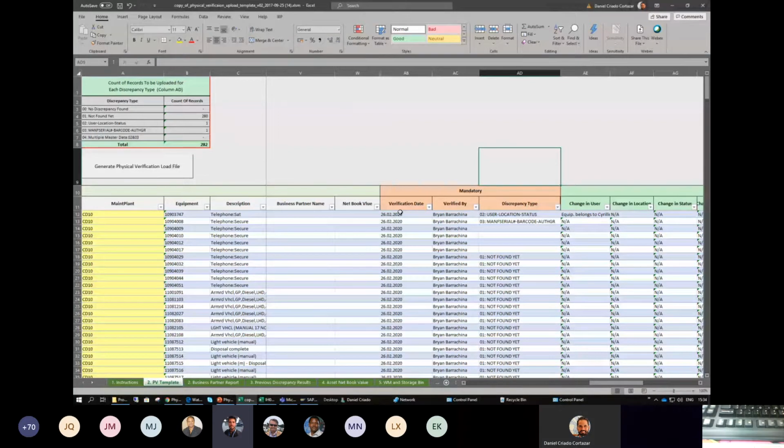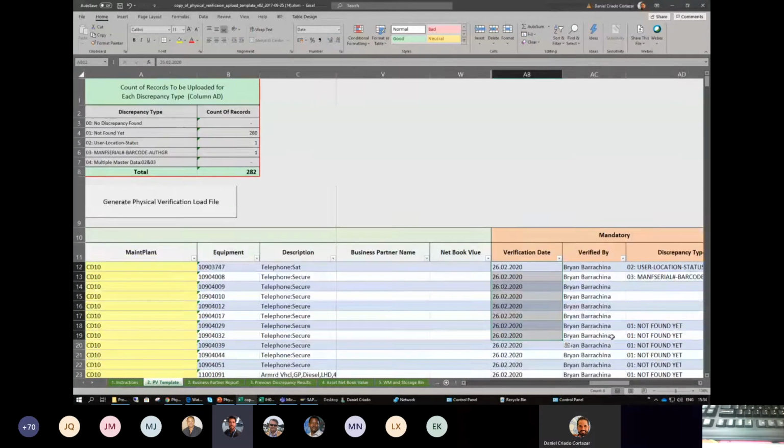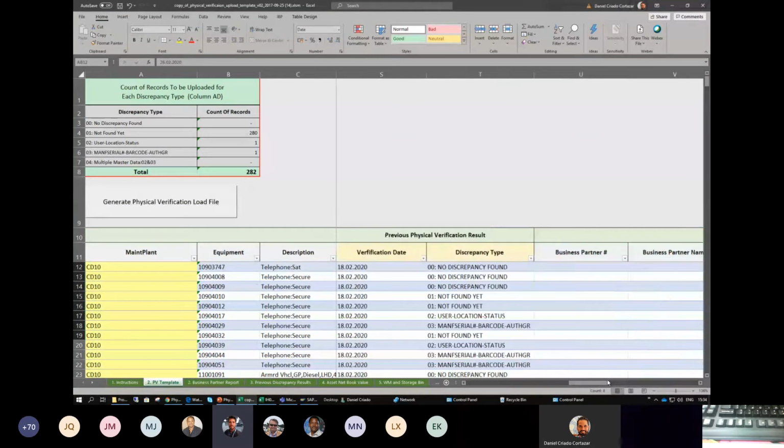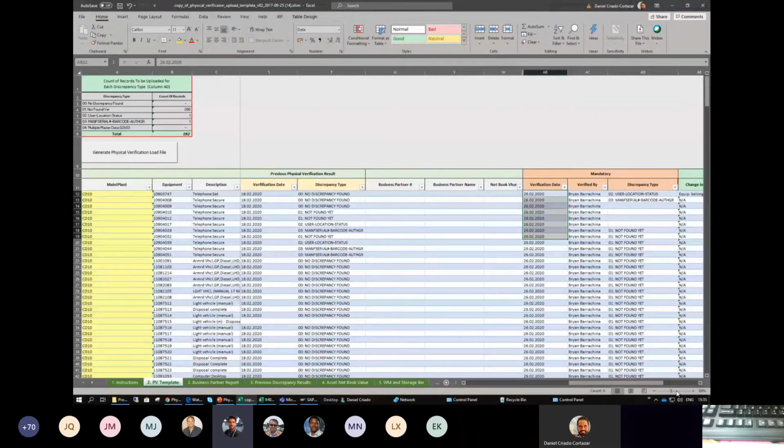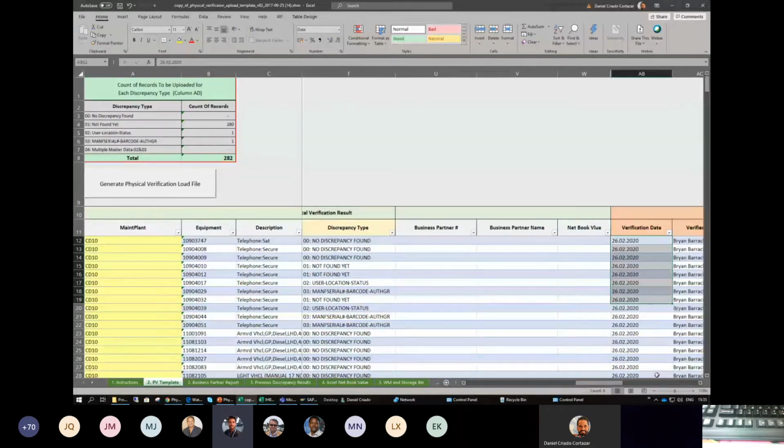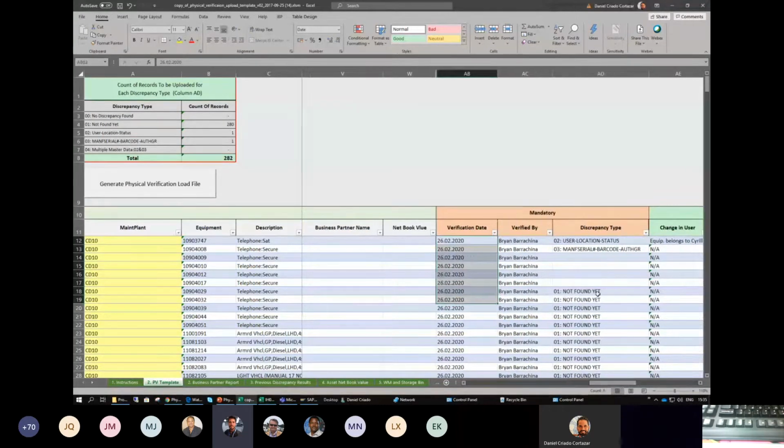Yes, I believe there was a question about the verification date, and the question was, can it be a different date, not just all performed on the same day? Of course, for some warehouses it would be impossible to perform verification in a single day. And then Ivo came back, clarifying a bit what he meant with the date, and maybe